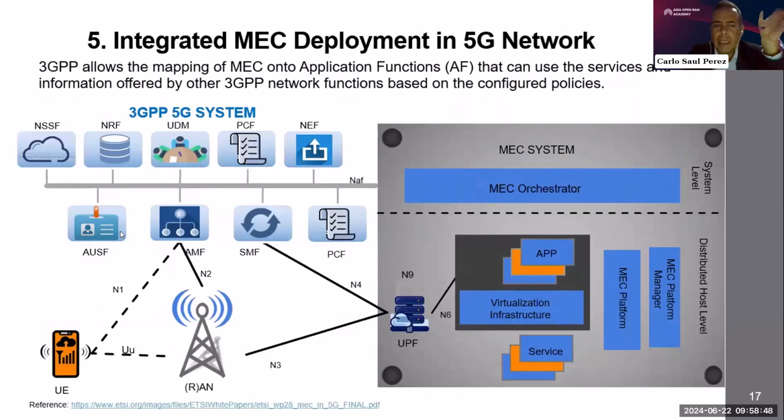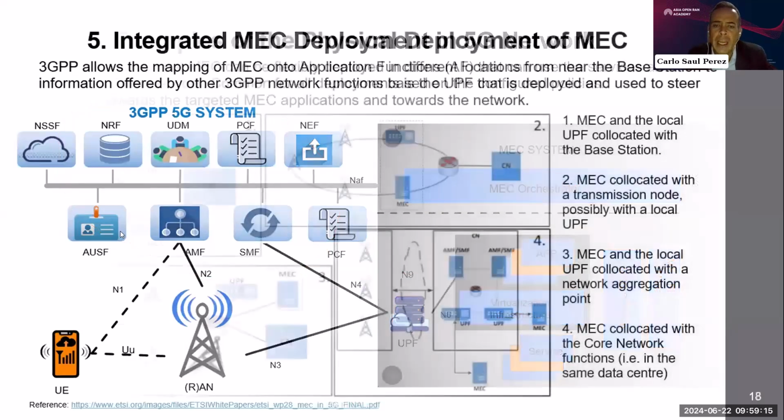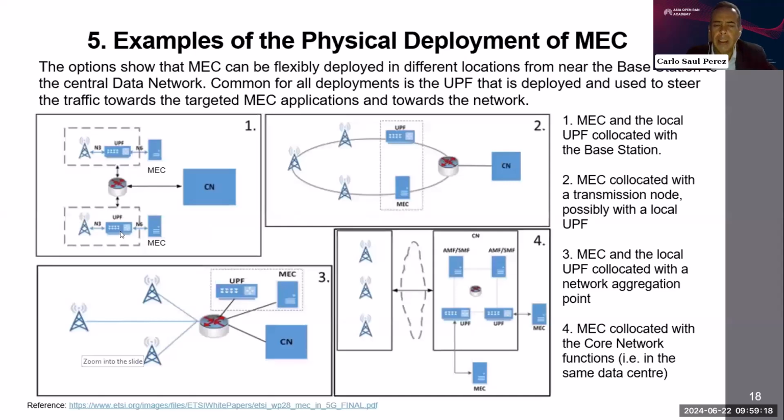So when we are working on this MEC deployment in a 5G network, we see that the main functionality from the 5G network, in particular the control plane, is still kept in the 5G core. And we have these particular user plane functionalities that are deployed in this MEC system. So in this slide, just to remind you, we have this cloud, this edge cloud, the 5G functionalities, and the MEC functionalities.